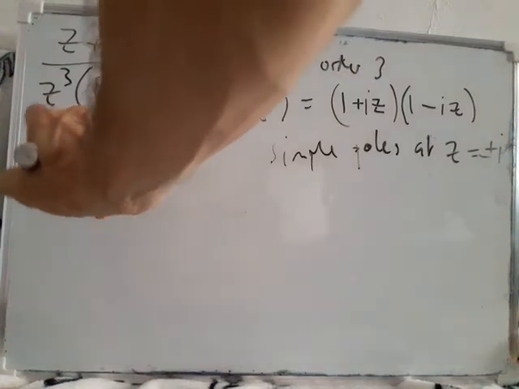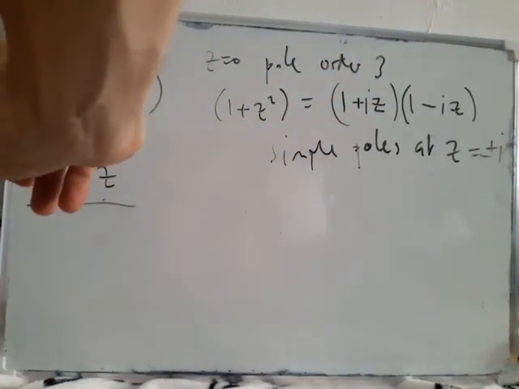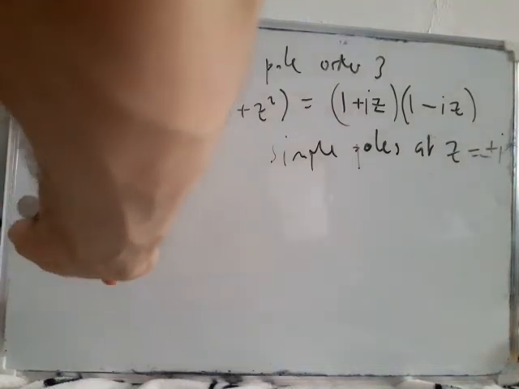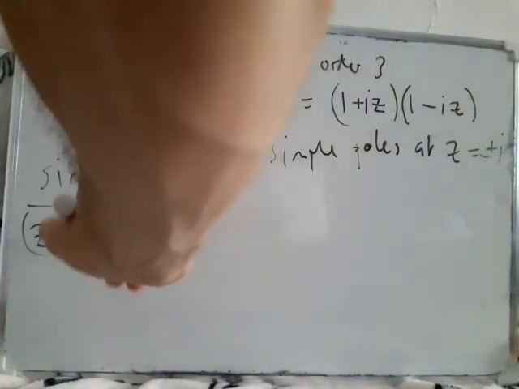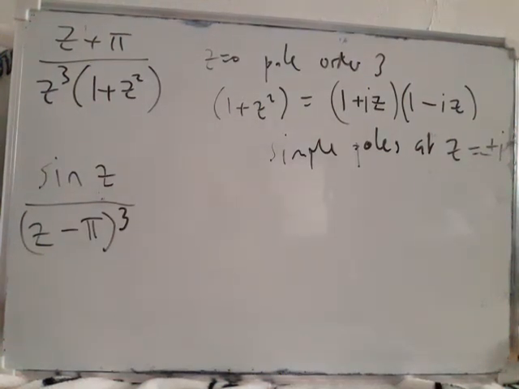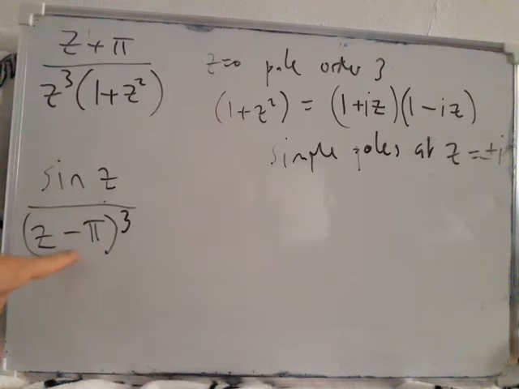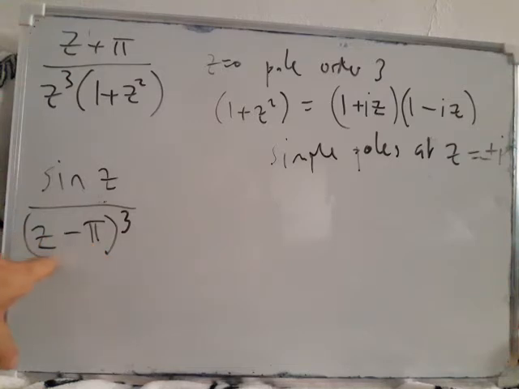So next one, sine z over z minus pi, cubed. Okay, this is a slightly more interesting example. Now the bottom has a 0 of order 3 at z equals pi,